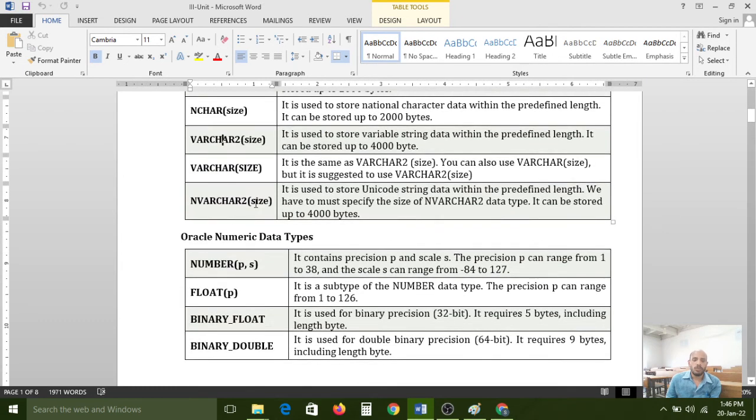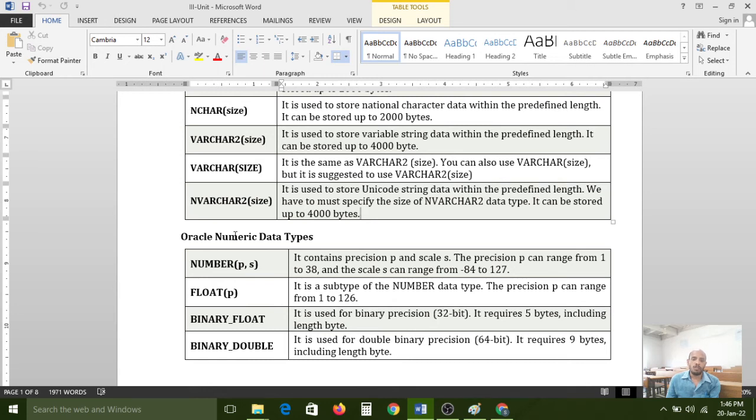So nvarchar2 is also the same. It is also pretty heavy, 4000 bytes it can support, but it is related to Unicode characters, Unicode strings. Not ASCII type. ASCII and Unicode are both IT related standards, but ASCII is the old version and Unicode is the new version.